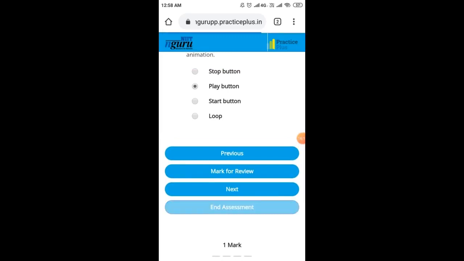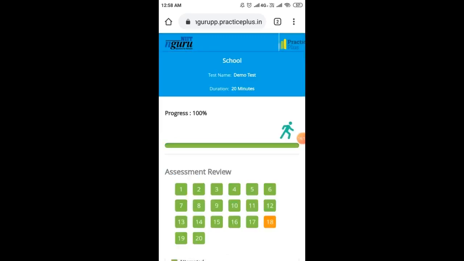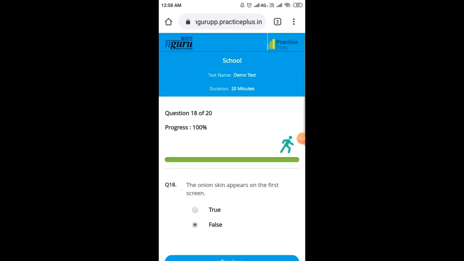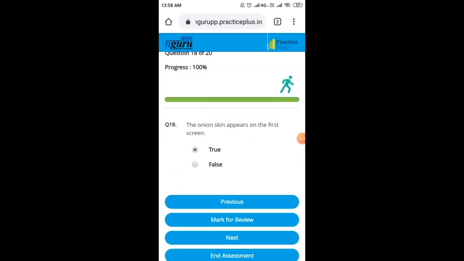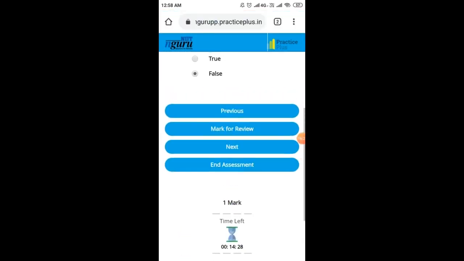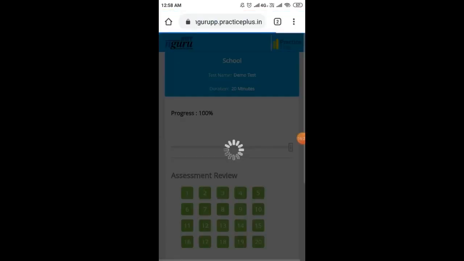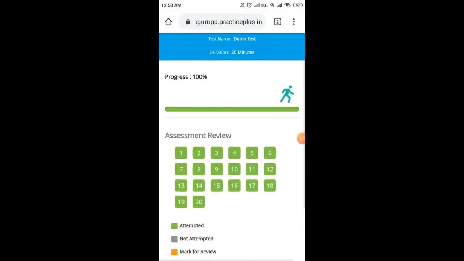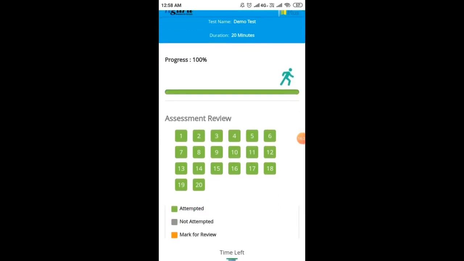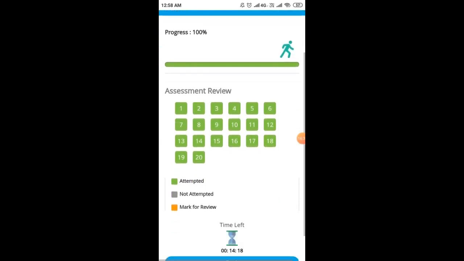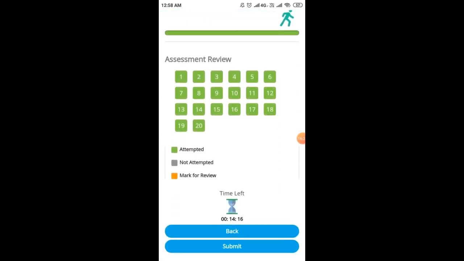You've already seen that one. Let me end assessment. Now all the questions I have attempted are showing in green. Now click on submit button to submit your online test.